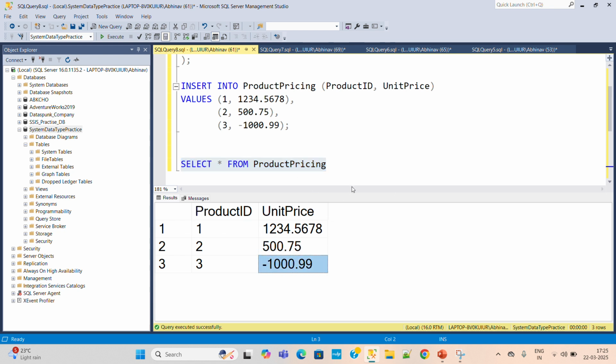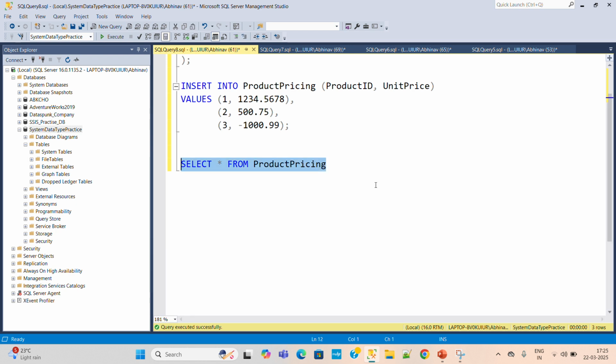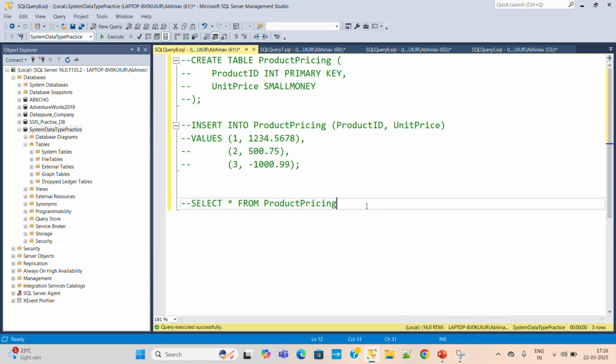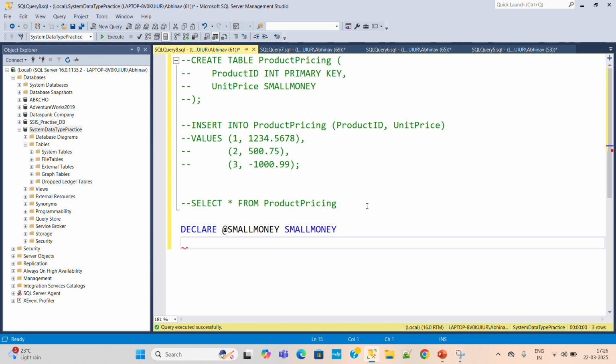Now let's check what will happen if we provide a higher range value, and how the smallmoney data type behaves. So first declare @smallmoney as the smallmoney data type. Now set the value of @smallmoney to